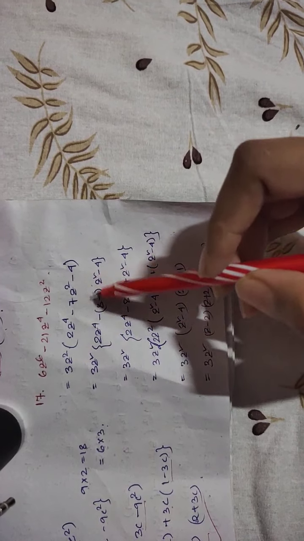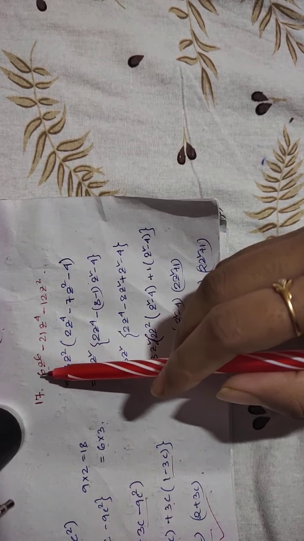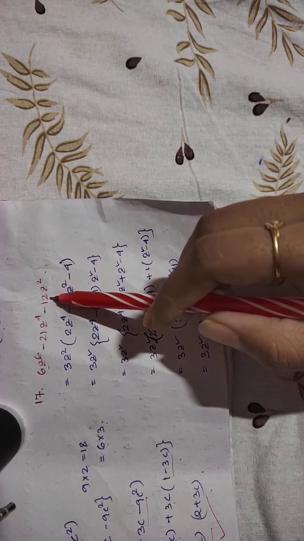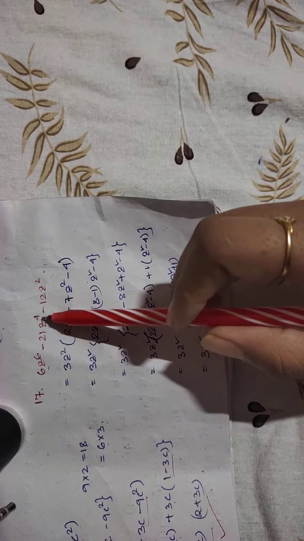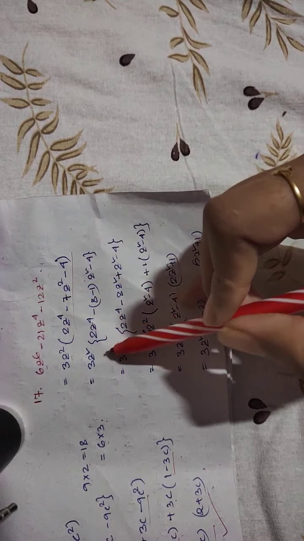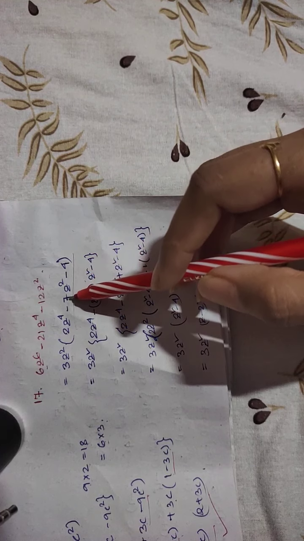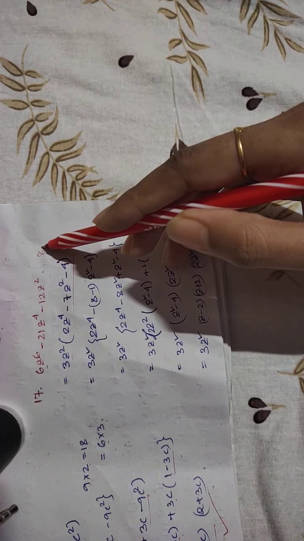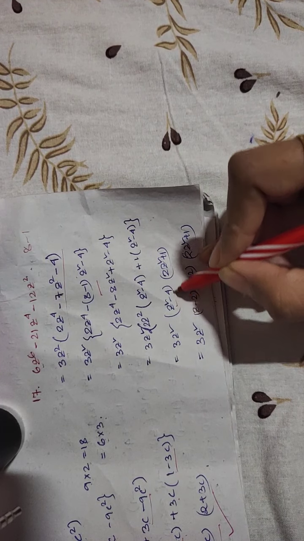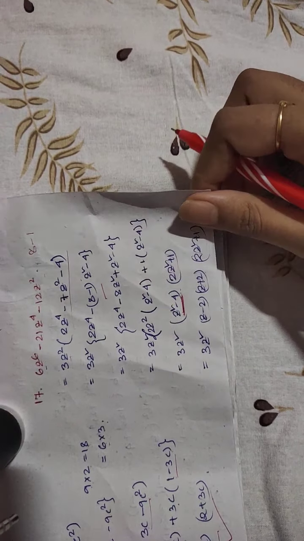Okay, this also: 6z power 6, 21z power 4, 12z square. What are the maximum factors we can take common? 6, 21, 12, common factor 3, z power 6, z power 4, z square, we can take common. Now if you take common, then you will get this one. After that 2 and 4 is 8, and here minus is given, by doing subtraction you have to get 7. So 8 minus 1 is 7. At last you will get z square minus 4. This one again we can split, a square minus b square, so z minus 2, z plus 2.